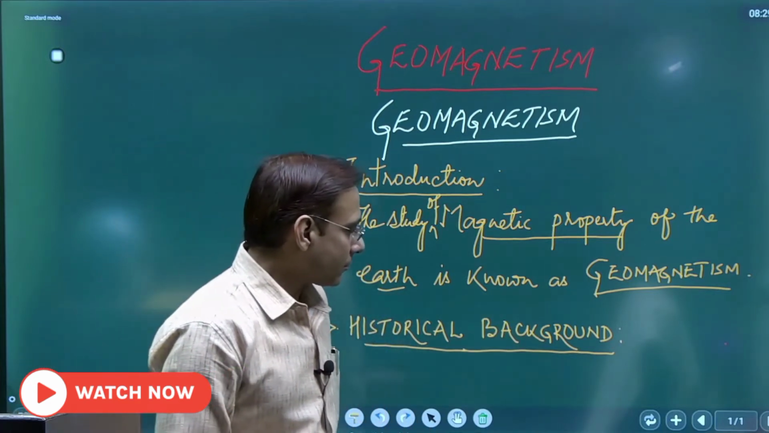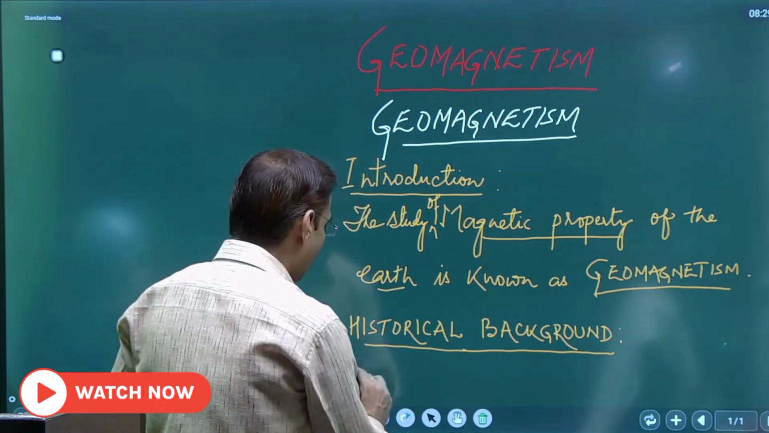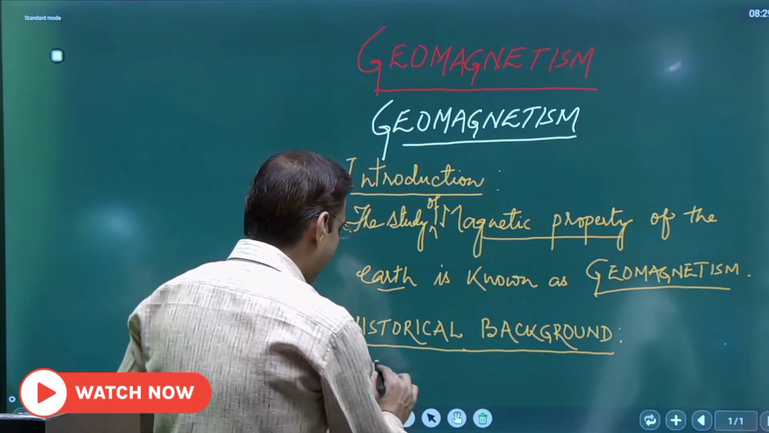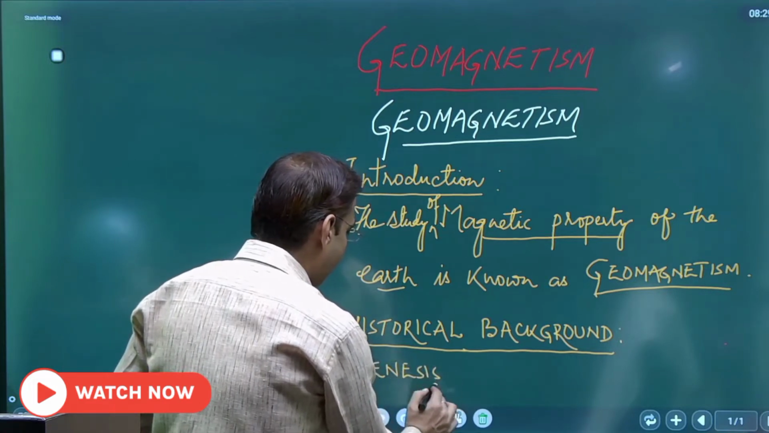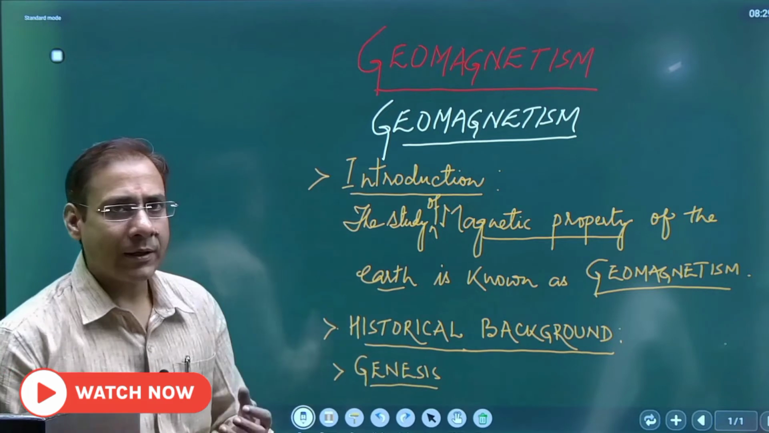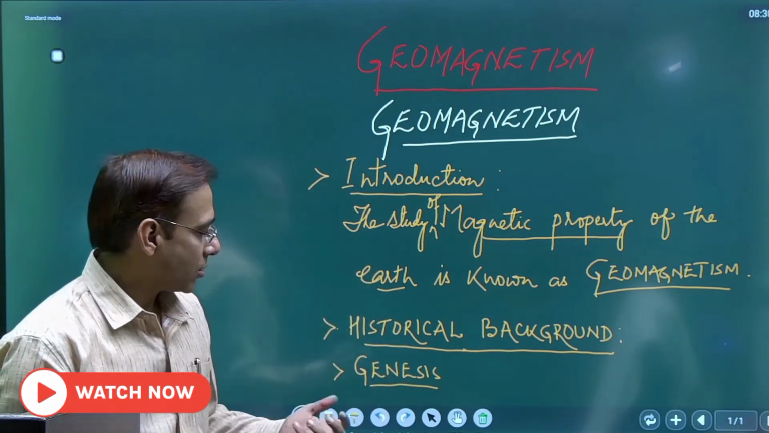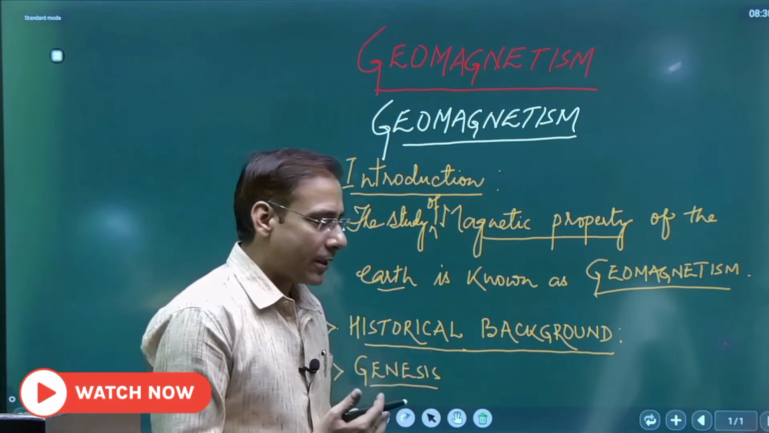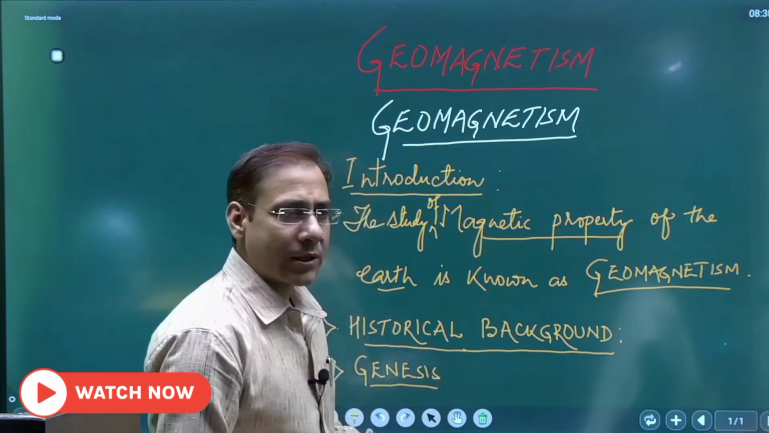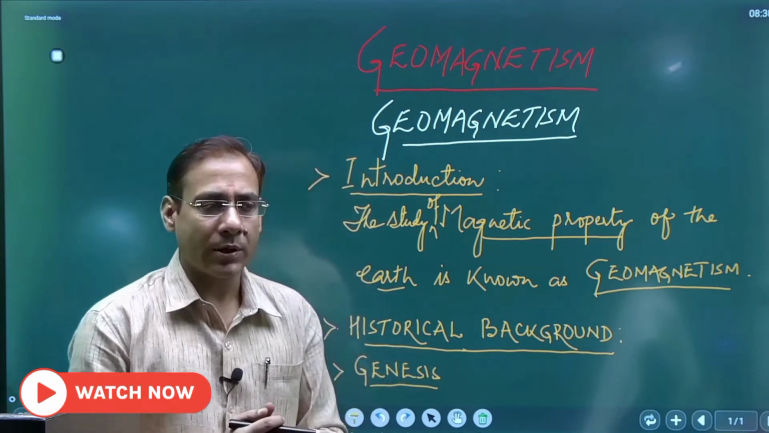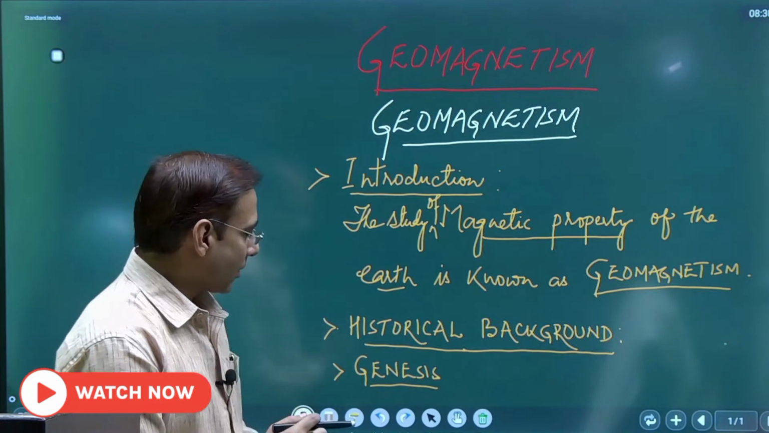Then I will discuss the genesis, how the magnetic property was acquired by the Earth. So the idea of how the magnetic property was generated, what are the processes which led to the genesis of the magnetic property within the Earth, I will discuss. So, genesis,